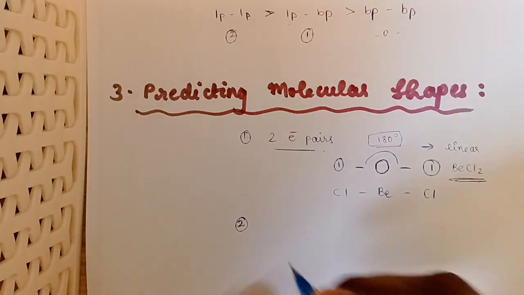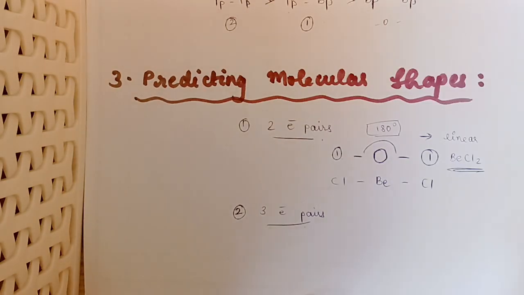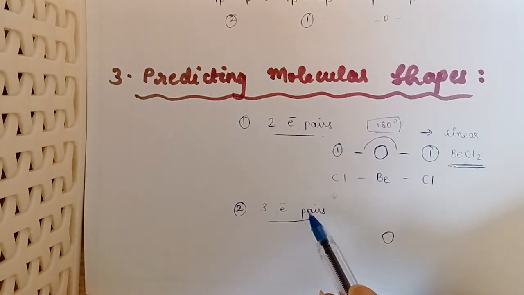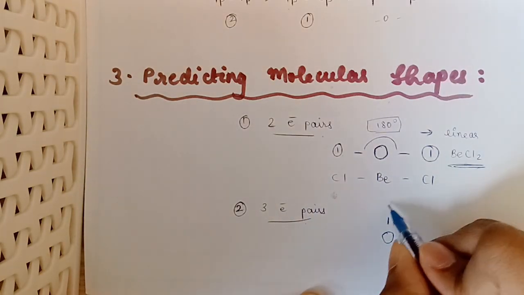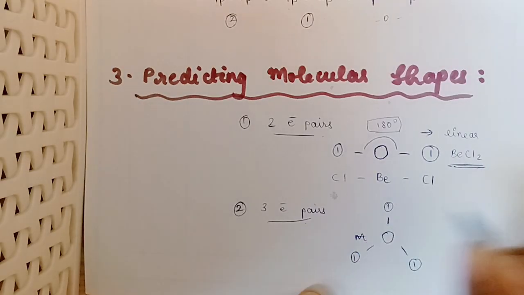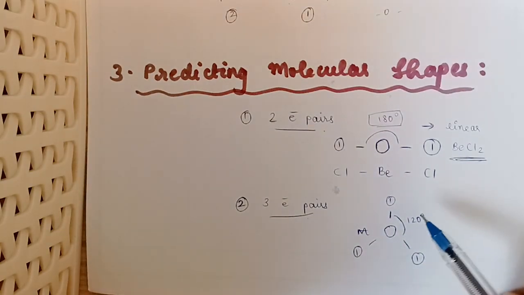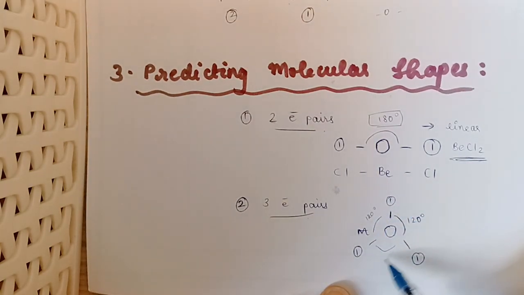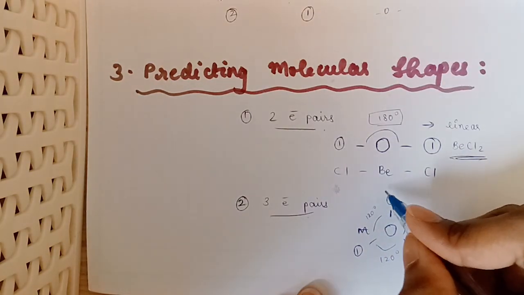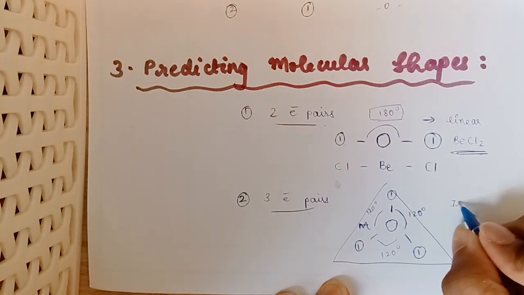The next shape is when there are three electron pairs. So three electron pairs means there is a central atom, and next to the central atom there are three electron pairs. That is one electron pair like this, one like this, and one like this. Here you can see that the angle made is 120 degrees, and everywhere it's 120. Over here 120 and over here 120. Since all the sides are equal and they create a triangle over here, the shape is called